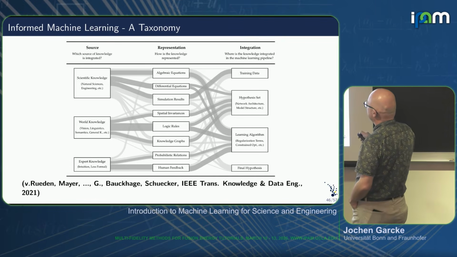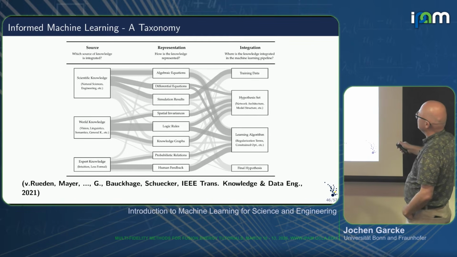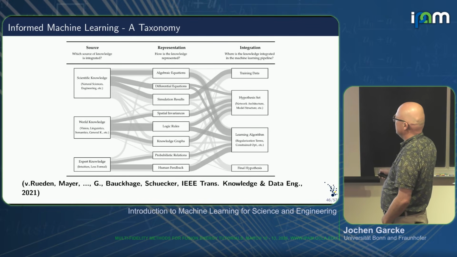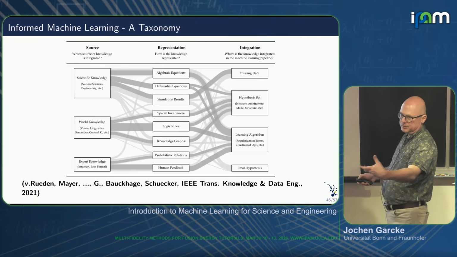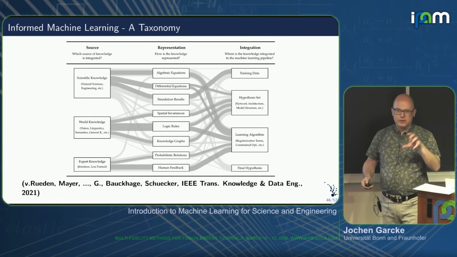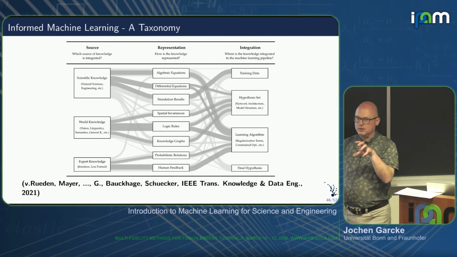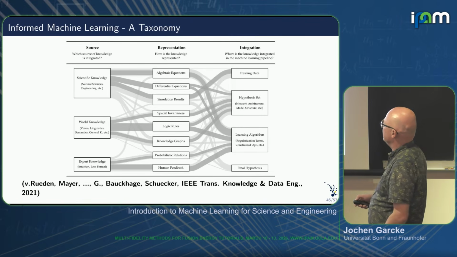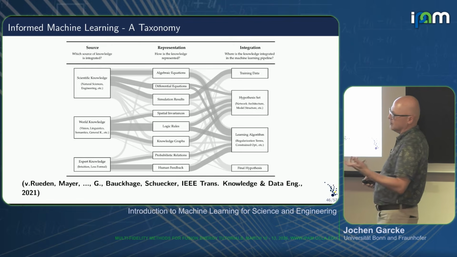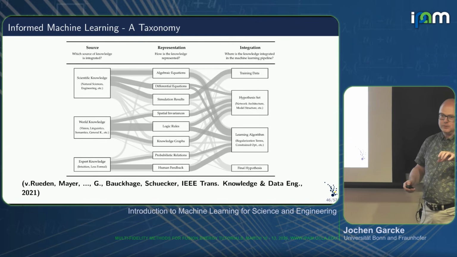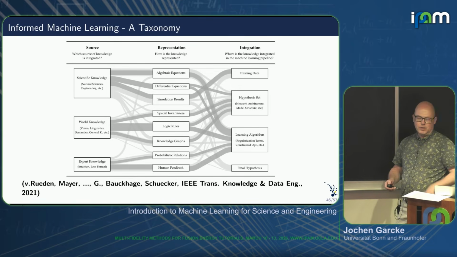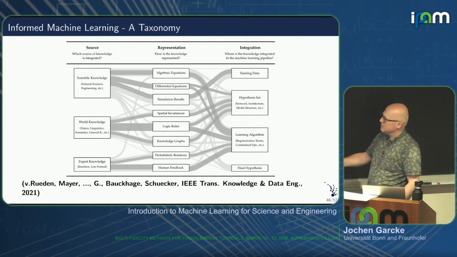And then you can integrate that at all levels: as the training data, in the hypothesis set, so in the model architecture, in the learning algorithm, or in checking the final hypothesis. So there are several ways to integrate knowledge into your learning algorithm. And there are quite a few examples. The most common one, I guess, is the loss function, to have additional loss terms, or certain basis functions integrated. But there are more ways to do that.